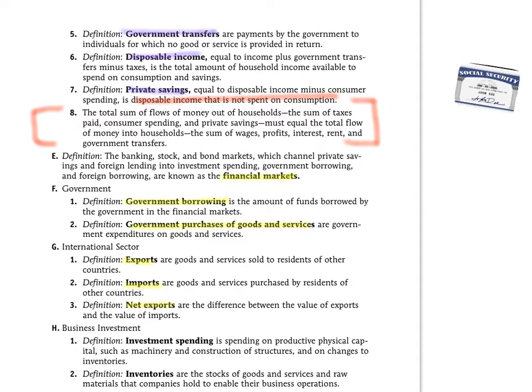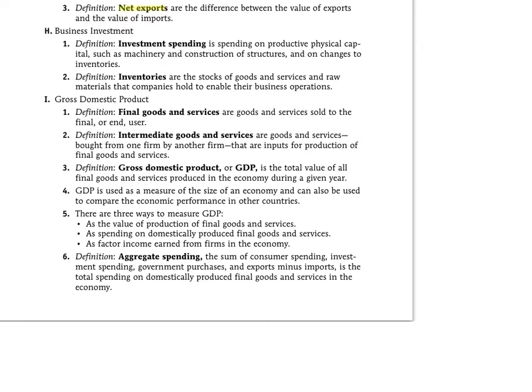So this takes care of the government component of the equation, which, just to refresh, it's G plus C plus I plus X minus M. So keep that in mind, and we just looked at the G component. We've now seen the C component, and next we're going to look at the I component. Under this section, the business investment, what we're going to see here is that investment spending is spending on physical capital, machinery, construction, buildings, any supplies, goods that you need, and within that